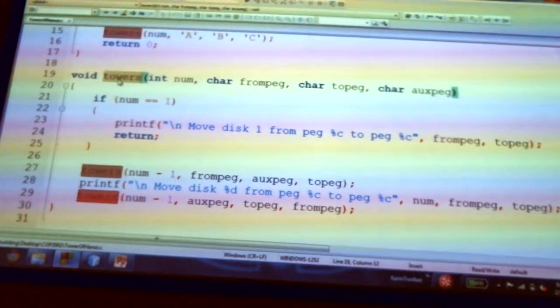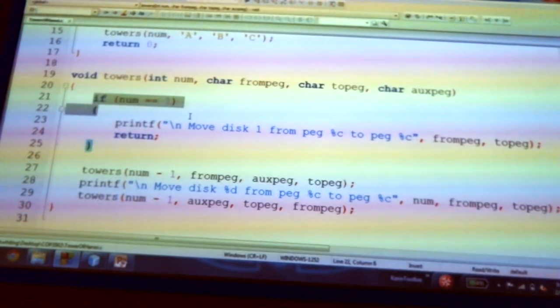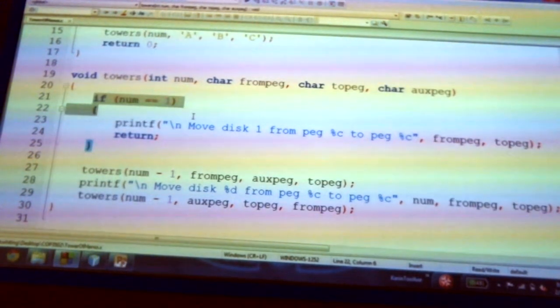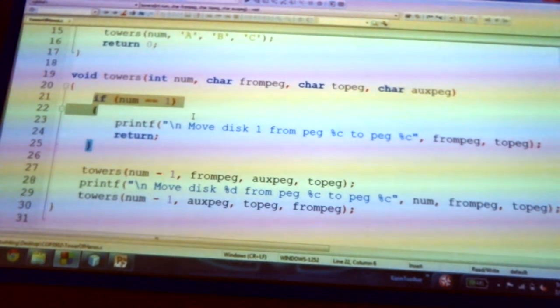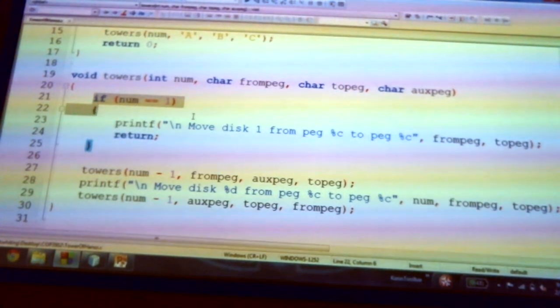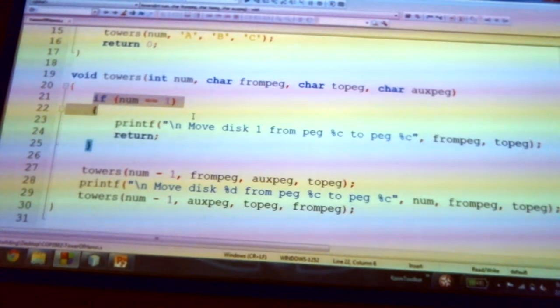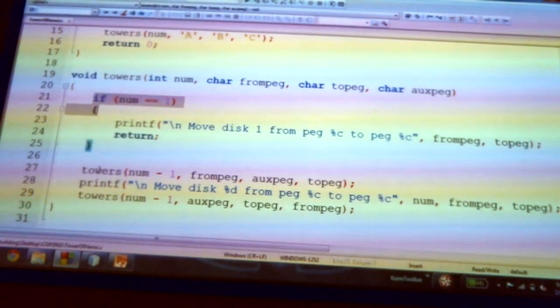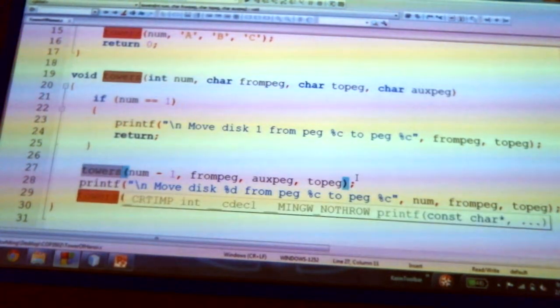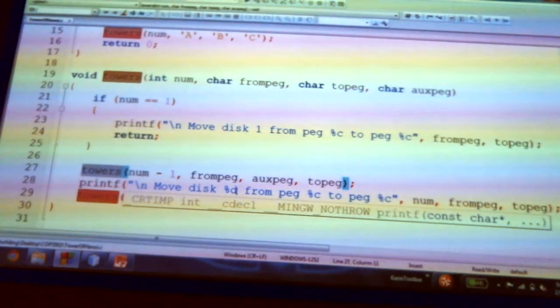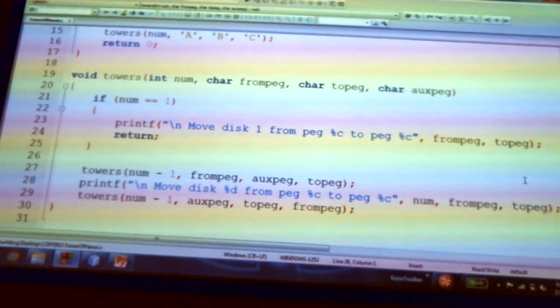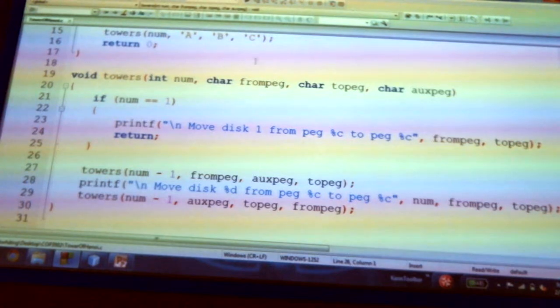So what happens is, if the number is 1, there's 1 disc, so 1 move is done, right? We don't have to do recursion for that one because we're done. But otherwise, if we have more than 1, then you're going to see that we're going to start moving the discs back and forth to accommodate that. So when we run this,